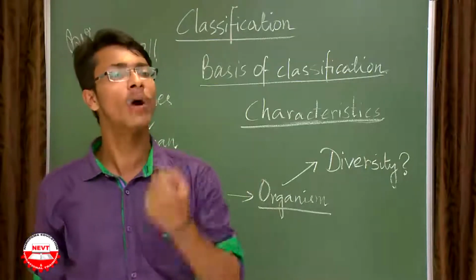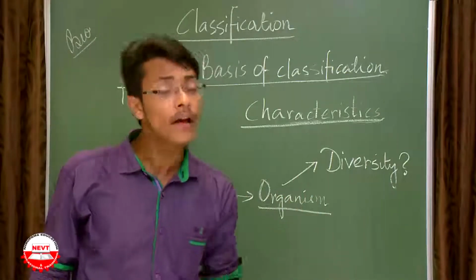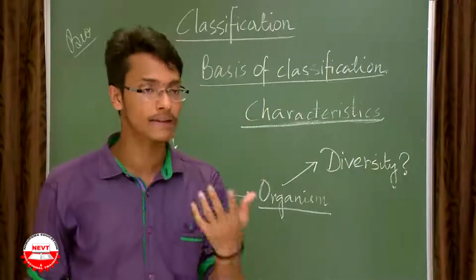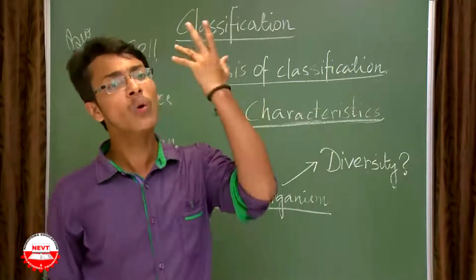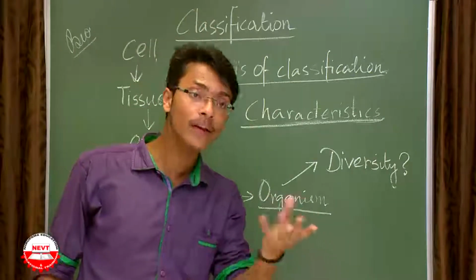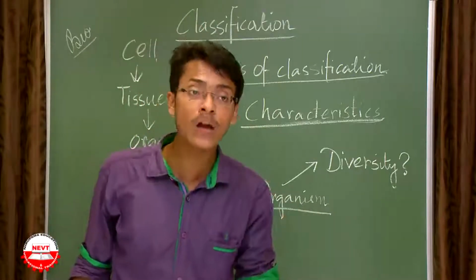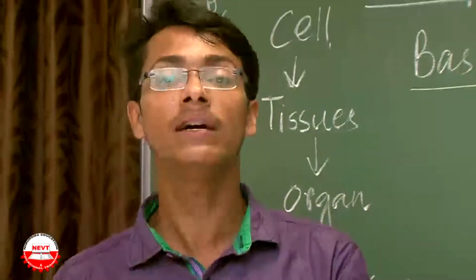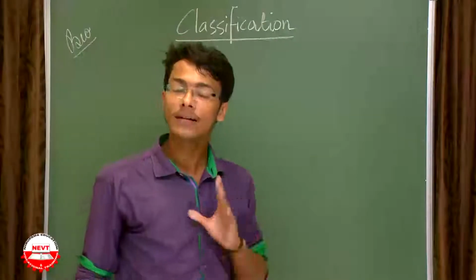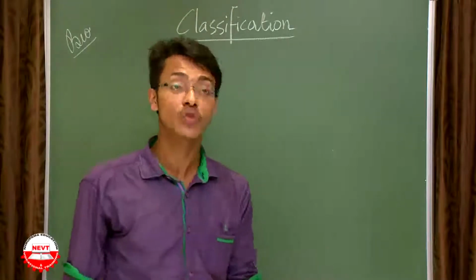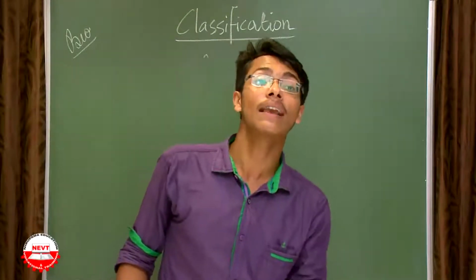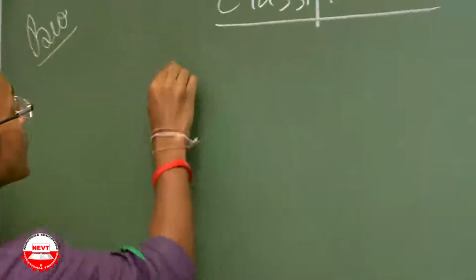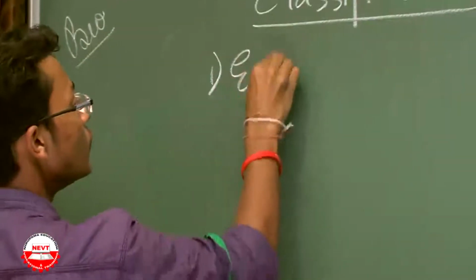If you have one cell, then you are unicellular. If you have multiple cells, then you are multicellular. We will learn all these things. If your cell is a very old one, then it is prokaryotic. If your cell is a very recent one, then it is eukaryotic. All these points we are going to learn step by step. Certain basic criteria are chosen in order to classify. So the first criterion, as written in your book, is